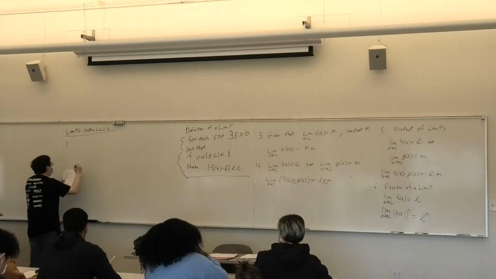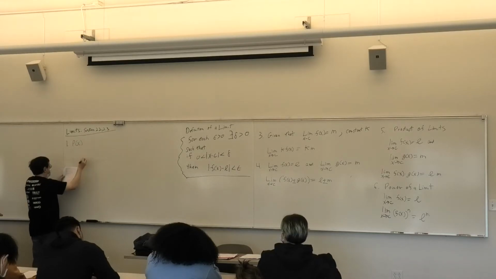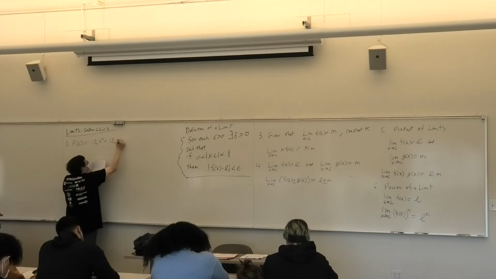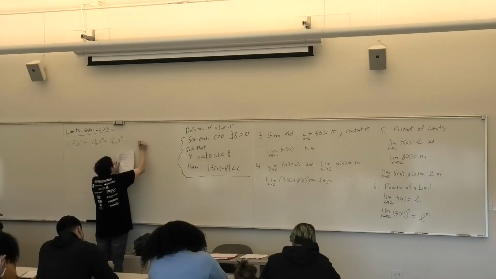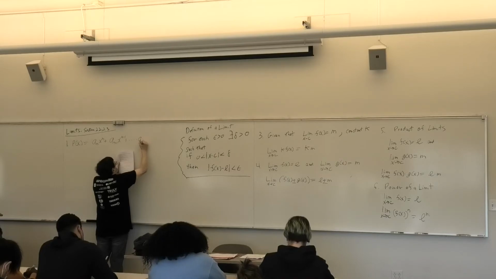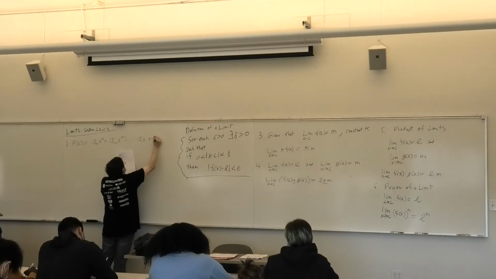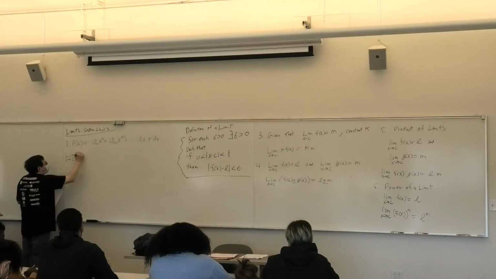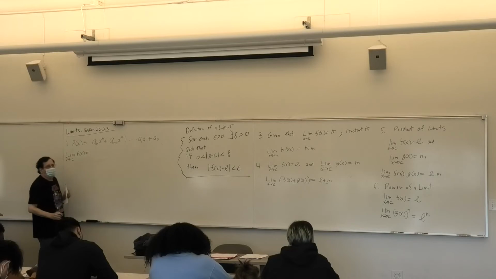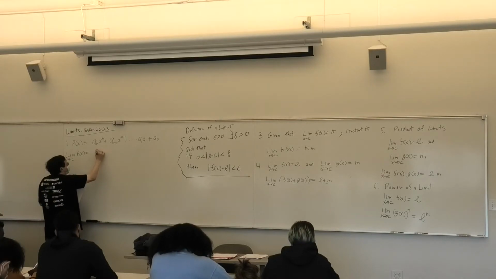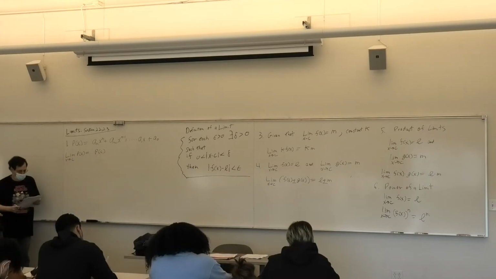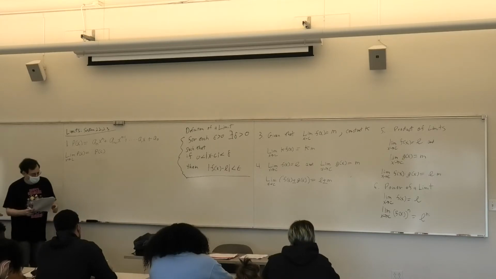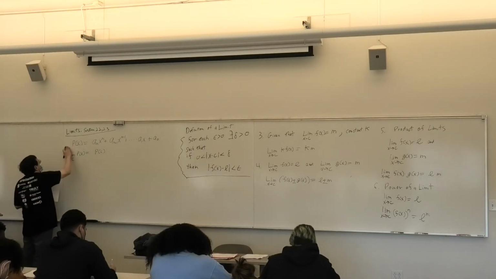So if we have some polynomial, a_n x to the n, plus a_(n-1) x to the n minus 1, plus up to a_1 x plus a_0, the limit as x approaches c of p of x, I'm not going to write it all out, it's just p of c. Okay, so what did I write? 1 here. Should be number